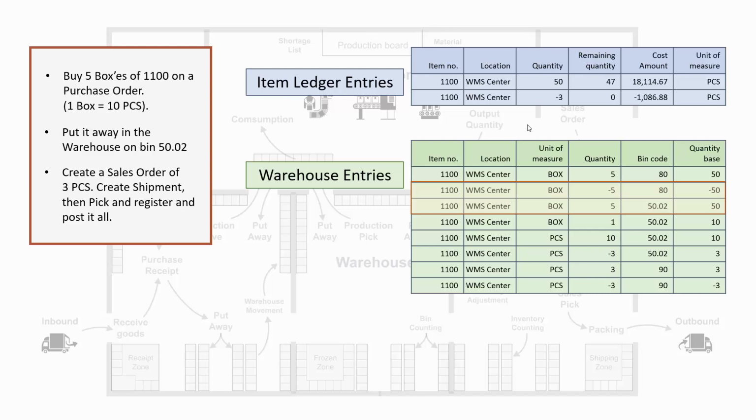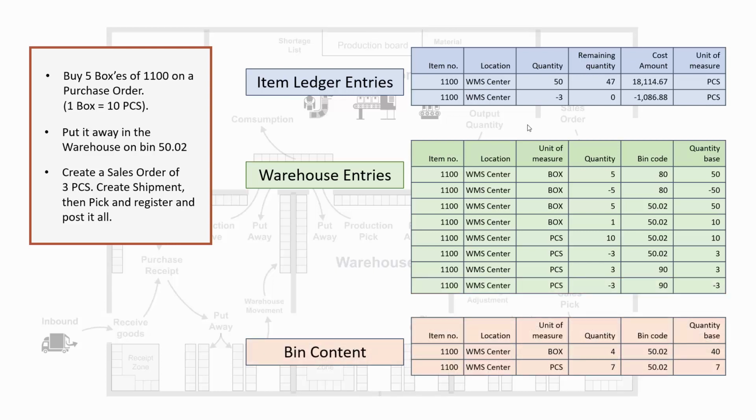The next thing that happens will be the sales order pick. While creating the pick, it will automatically suggest 4 lines in this scenario because it needs to break up 1 box on bin code 5002 and put it back on the same bin code in pieces. So it makes a suggestion for a break because I need to pick 3 pieces. On the pick, I'm taking 3 from the bin code and adding it to the shipping bin. And last of all, I will sell the 3 to the customer, and that takes out 3, of course. So this will be my warehouse entry flow.